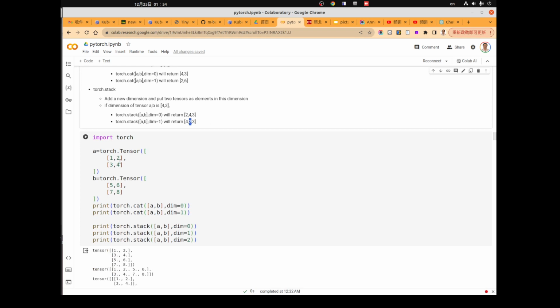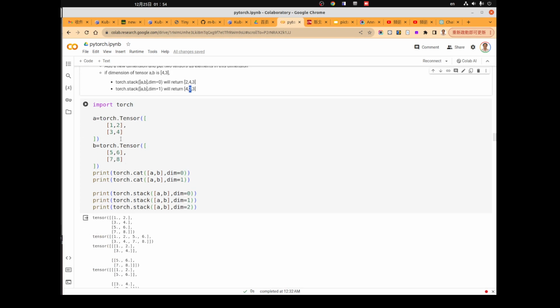So let's see some examples. Okay, if we have two tensors, A is 1, 2, 3, 4, this is a 2 by 2 tensor, and B is 2 by 2 as well, it is 5, 6, 7, 8. So if we concat them together at dimension 0, it will become a 4 by 2 tensor.